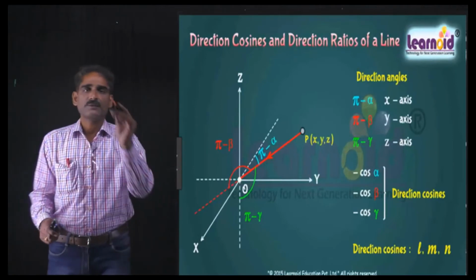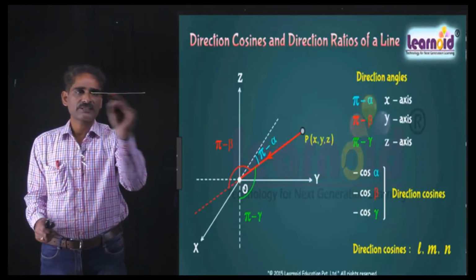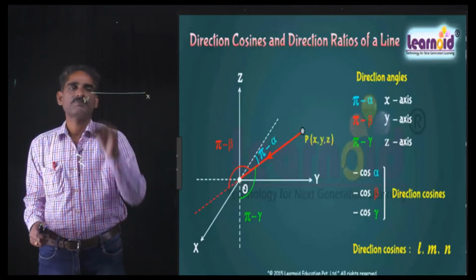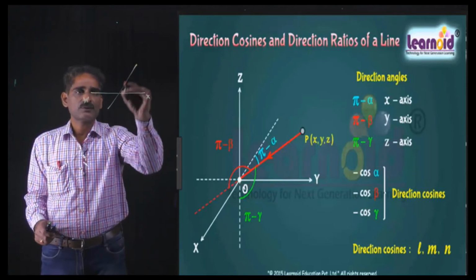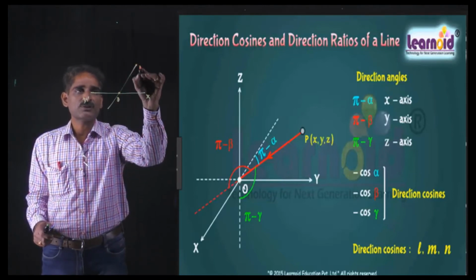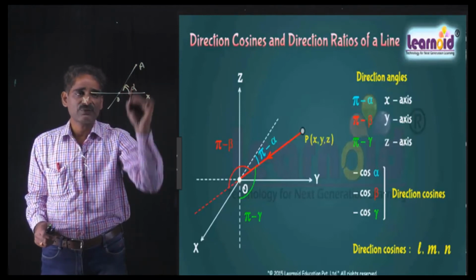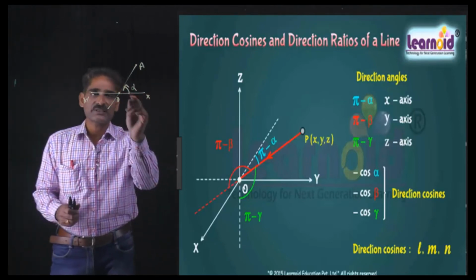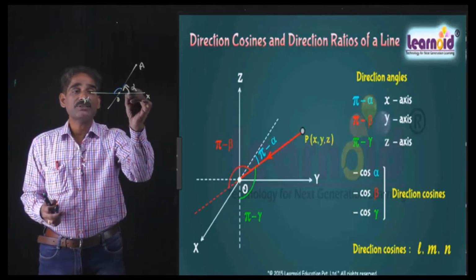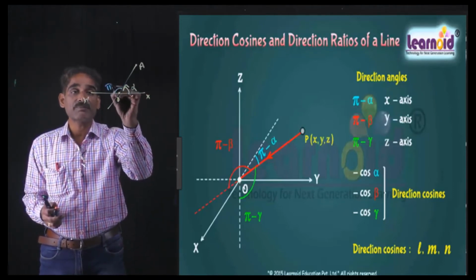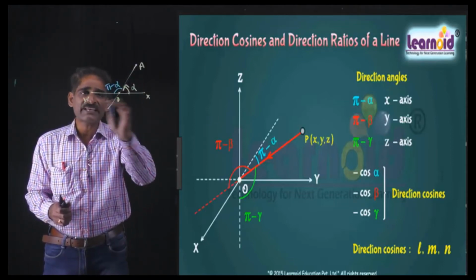Now look here. Suppose this is the z-axis, x-axis, y-axis, x dash, simply. This is the ray. Suppose this is O, this is the position of A. Here, suppose it makes some angle alpha with the positive direction of x-axis. What about the remaining axis? The angle made by the same line with negative direction of x-axis is pi minus alpha. These two are angles made by the same line with x-axis.